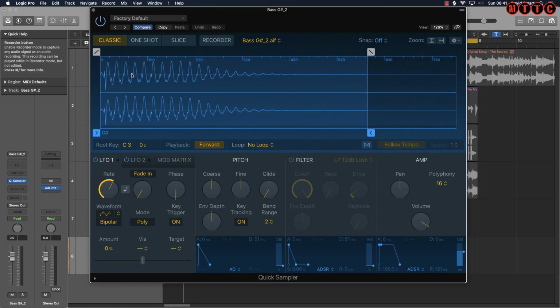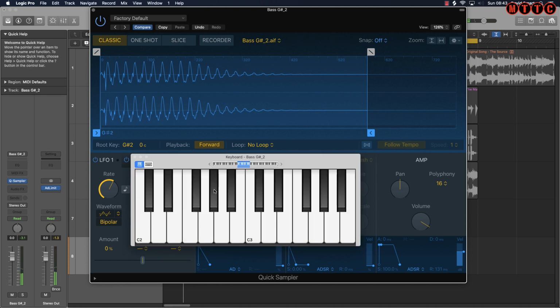Okay, here's our bass sample. If I was to play this back, Logic has simply imported the bass sample into the quick sampler, and although the pitch of this sample is set to G sharp, just like any traditional sampler will do, the sample has been plonked onto C3 as the root. So if I played C3 on my keyboard, I'm playing back the sample, however the pitch of the sample is actually G sharp. So if I wanted the sample to be assigned to the correct pitch, I just need to click here and pull this back to G sharp. And now I'm playing G sharp on my keyboard, and that's the correct root position for the sample.